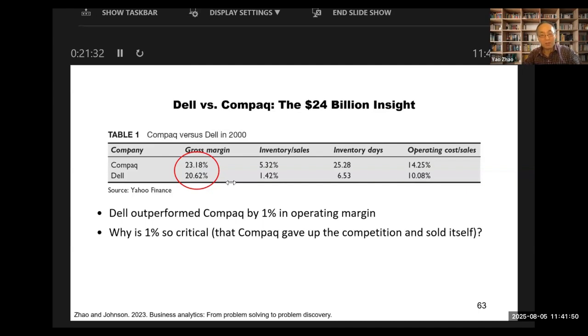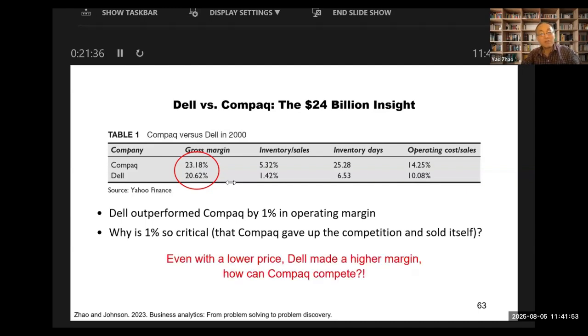So here is the punchline: even with a lower price, Dell made a higher margin. How can Compaq compete? If Compaq reduces price, Dell can follow, and Dell has more room to reduce the price. With the lower pricing, the market is shifting towards Dell constantly. And Compaq saw this coming, really understood the meaning of these numbers, and sold itself while it was still worth a lot of money. So that's a very smart move,